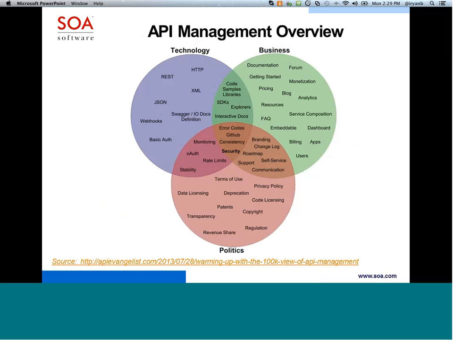Ken Lane with the API Evangelist has recently published this Venn diagram that illustrates the technology, business, and political domains of managing an API. And we see there in the center of the intersection is where we've got some very important issues that are near and dear to most developers of APIs with regards to standardizing error codes across programming models, be it .NET or Java, where to store the source code and to iterate on source code as APIs